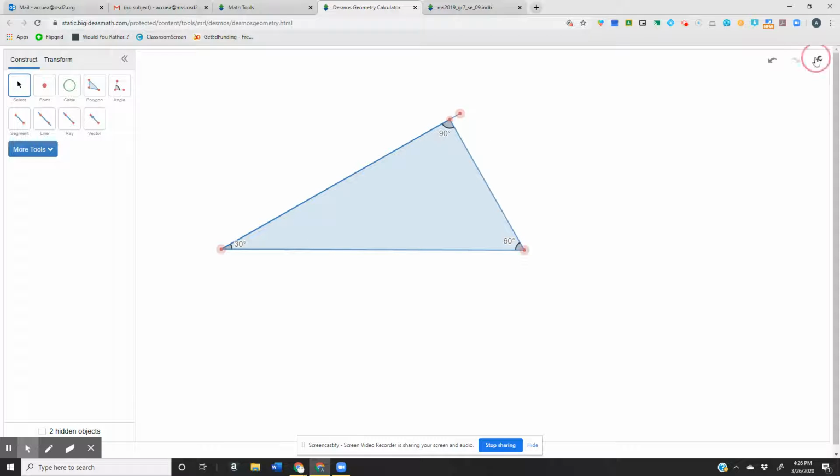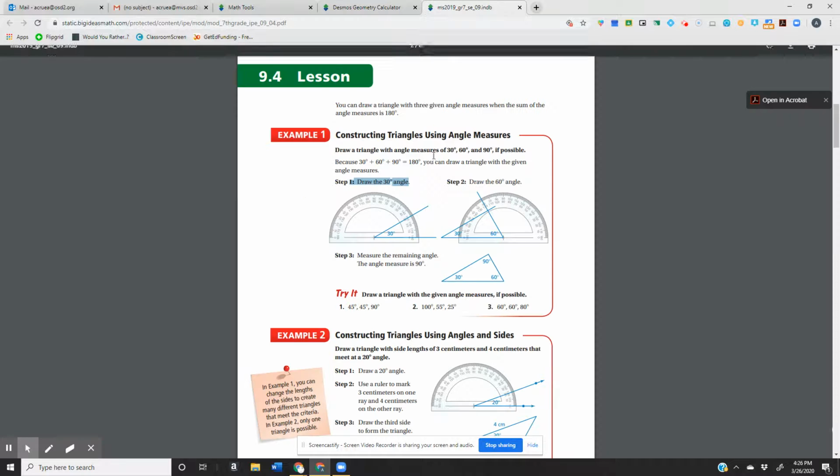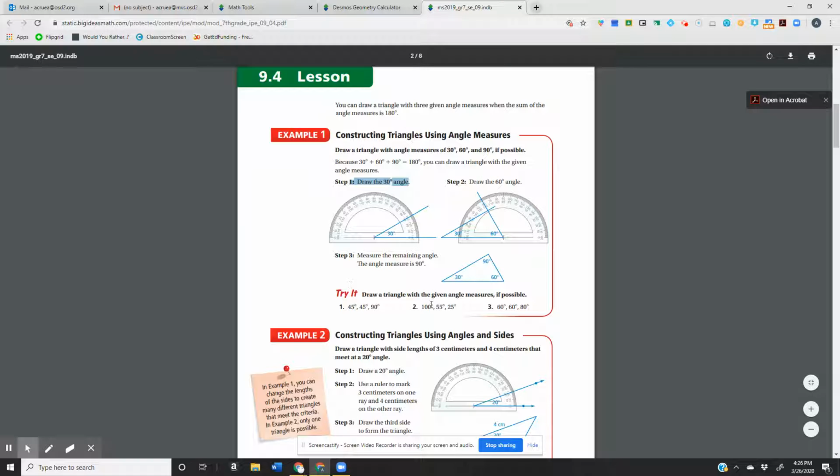And there you can see it. It's 90 degrees. Let me go into projector mode so it shows a little bit brighter. There you can see I've got my 30-degree angle, my 60-degree angle, and my 90-degree angle. Very good. Okay, so now I want you to try it,